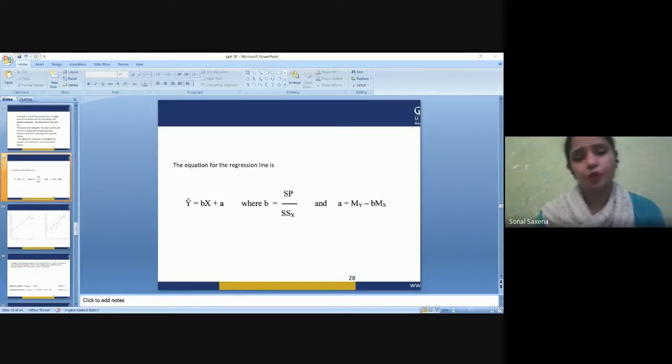Now, exploring this b1 coefficient. If b1 is greater than 0, then X, which is the predictor variable, and Y, which is the target variable, have a positive relationship, that is, an increase in X will increase Y. Similarly, if the value of b1 is less than 0, then X and Y have a negative relationship, that is, an increase in X will decrease Y.